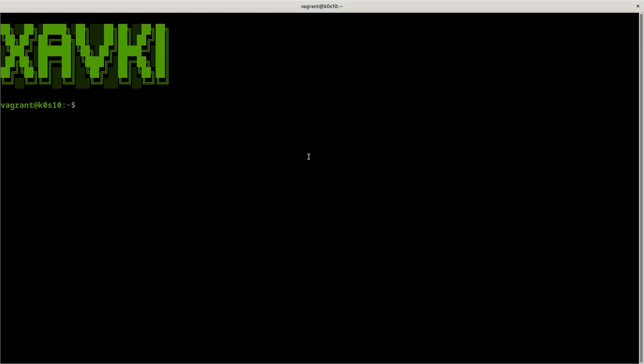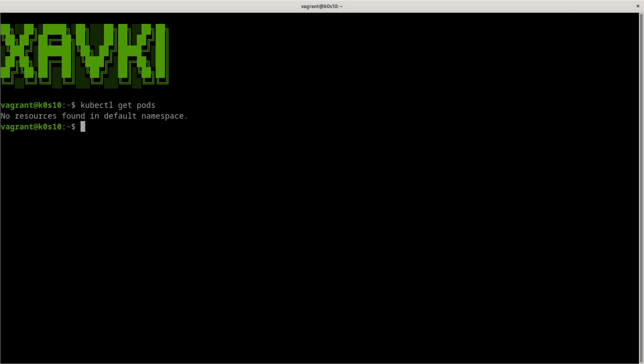Now some elements about the command line. Just before, we can check kubectl get pods to list all the pods in the default namespace. So namespace, what is a namespace?